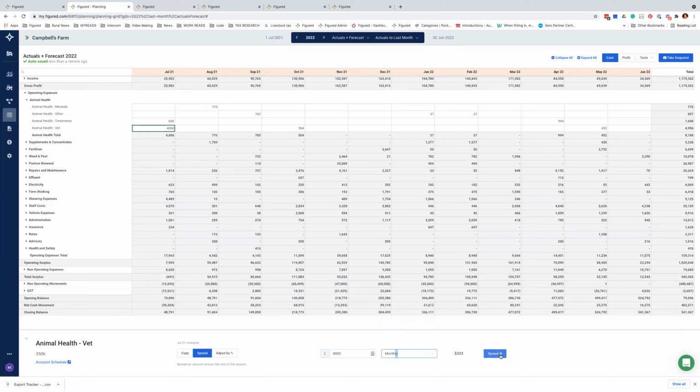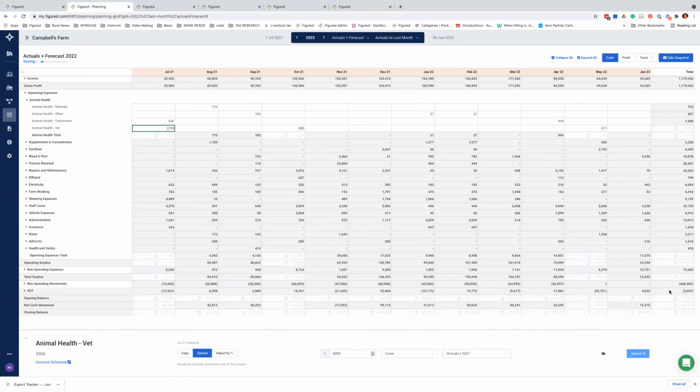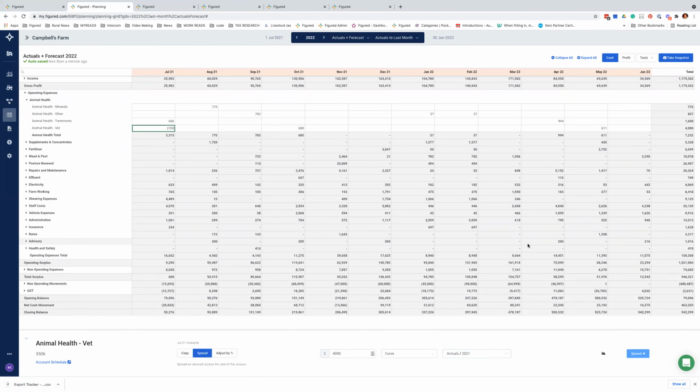Or you can go in and select monthly, select curve and base that on last year's actuals. That's probably the most commonly used thing now. Just adds a bit of sense to the spreading based on how things happened last year,